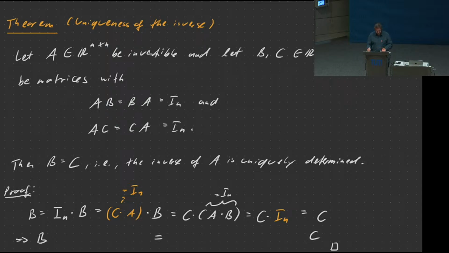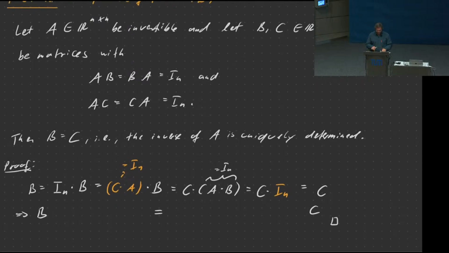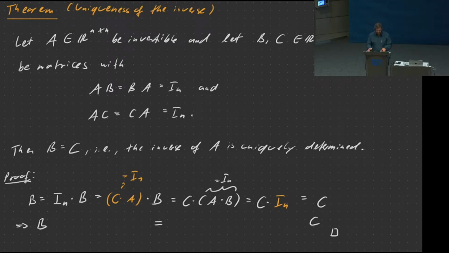But before we do that, the first thing that we want to make sure is that the inverse, if it exists, is unique. Right? So if I give you a matrix and I'm asking for the inverse, you will not get different results. You'll always get the same matrix if you don't make any mistakes, of course. Right? So we proved that. Inverse is always unique.